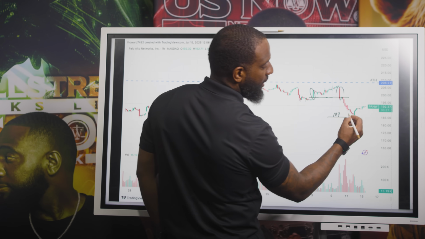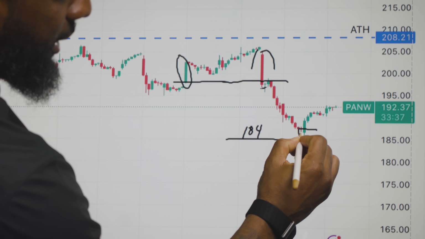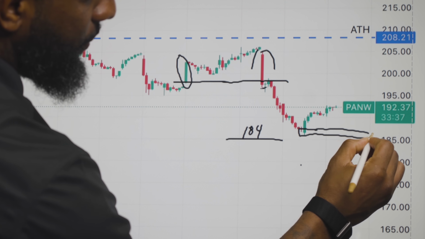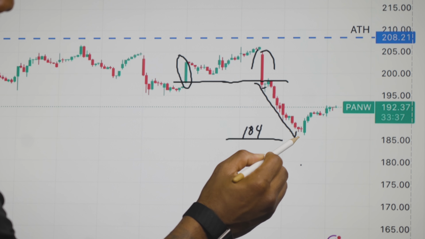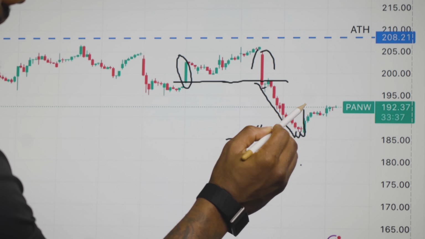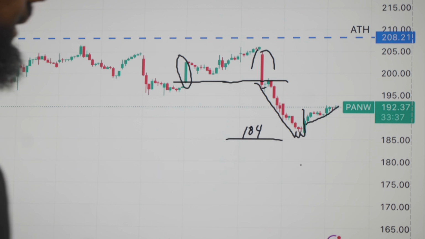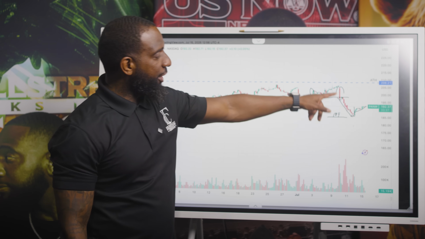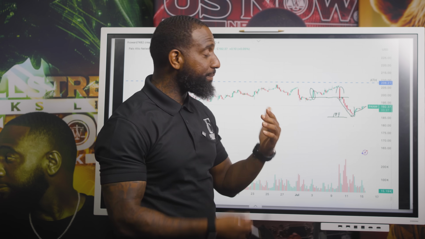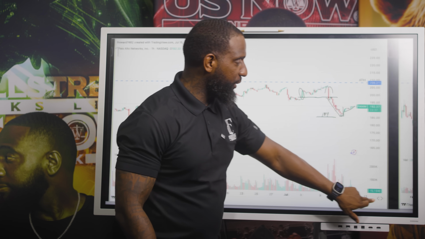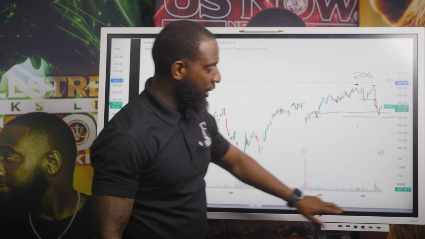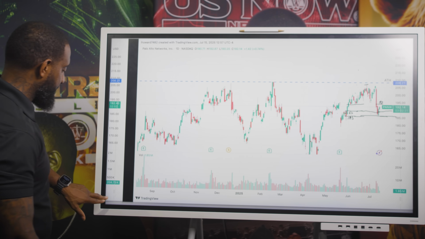So I'm going to tell you what's going to happen now. On this chart now, this becomes a new demand zone. From here, you get this down move, you get this hammer, you get this doji, and then you get this inducement like this, and now look where we at. Right? That makes sense to y'all? Engulf, down move, hammer, which signals reversal, doji, indecision. Even if the doji is red or green, it's indecision. You get an inducive move here, and then you get this right here. So let's make this make sense. So now here's what I want to walk to y'all on. I'm looking to get in this play.